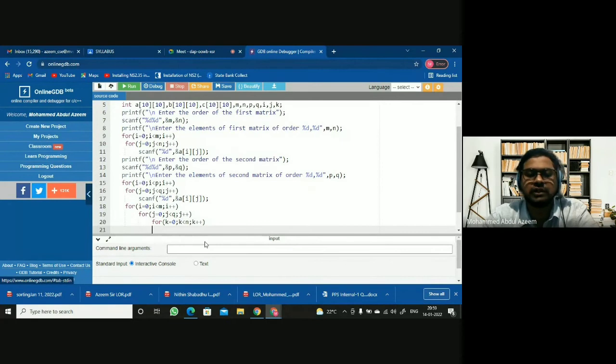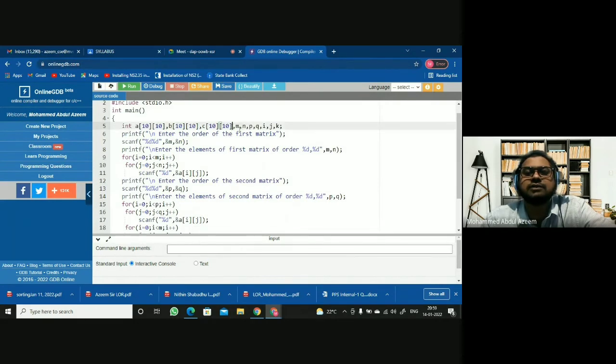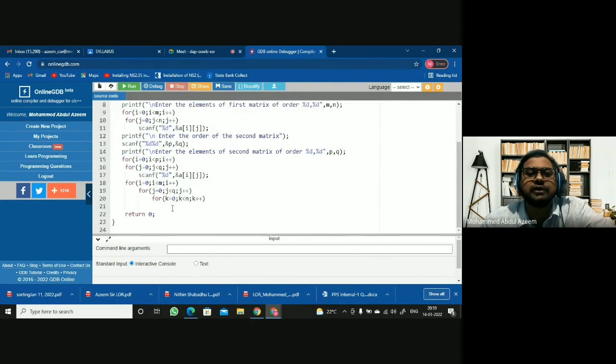What is the logic here? Before you implement this logic, the C elements, the resulting array elements, must be equivalent to what? It should be 0. So I am initializing the entire matrix here with 0. At the declaration time, if I equal with 0 enclosed in flower brackets, then all the elements of that particular matrix will be initialized with 0. Fine.